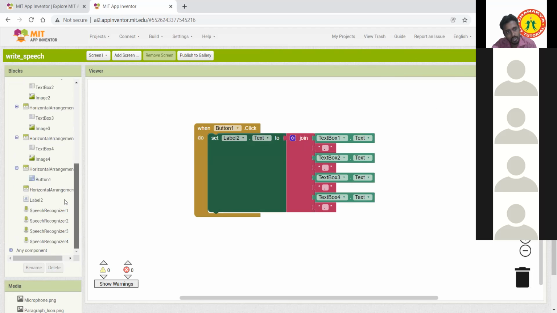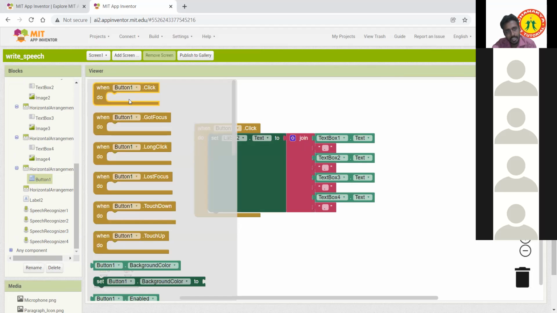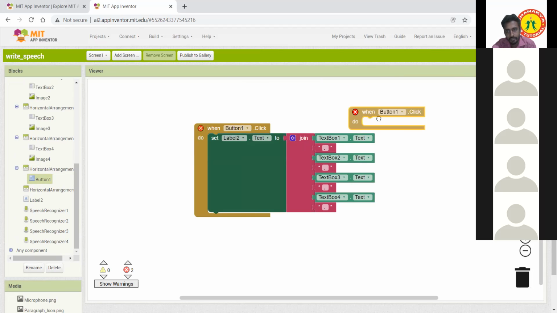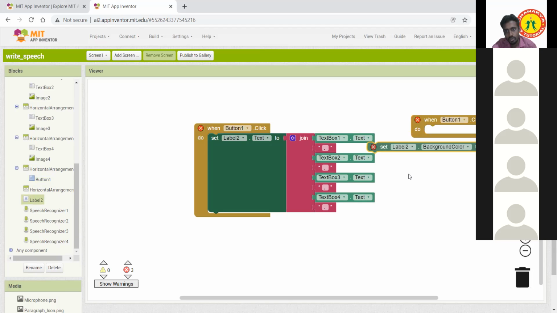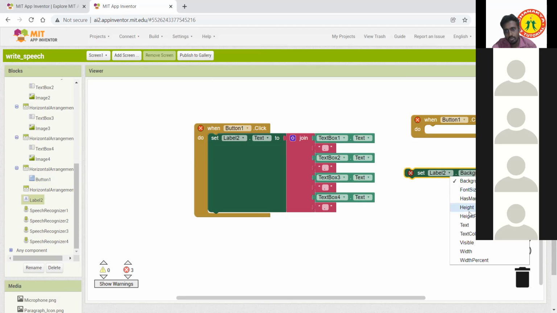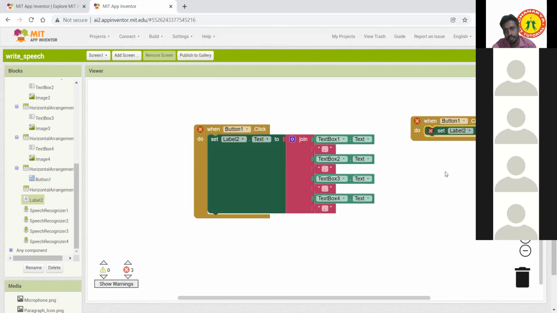So just go to button 1 and take this one, button 1 clicked. Then go to label 2 and take this one, set label background color, and change it to text. And join it here.